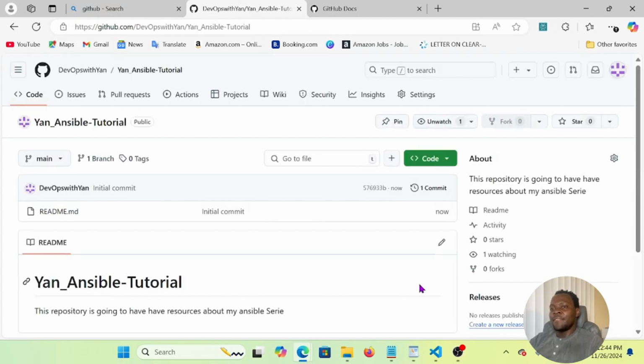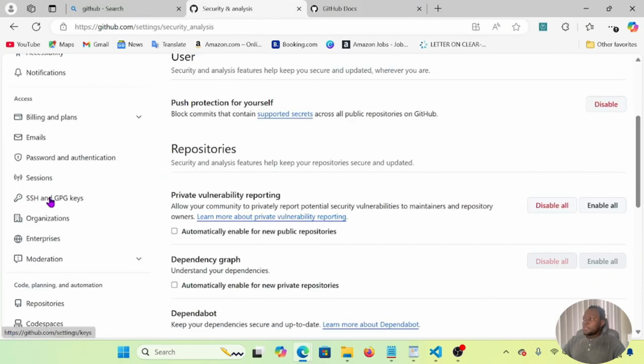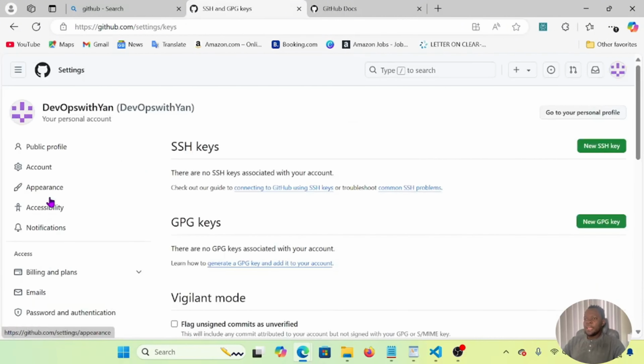You can see that this repository is going to have resources about my Ansible series. Okay, so we are all good. After that we move on to settings on the upper right side. We're going to go to settings. You're going to click on profile and settings, and then SSH key, and then new SSH key. There are no SSH keys associated with your account, so I'm going to click on new SSH key in order to add the SSH key